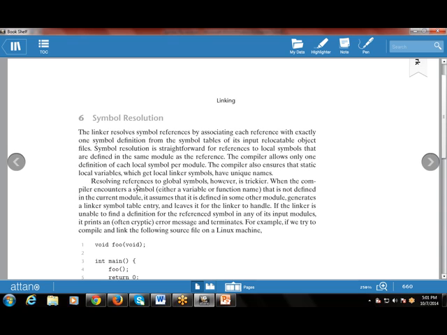Next point says resolving references to global symbols. That is, if there is a resolving reference to the global symbol, have